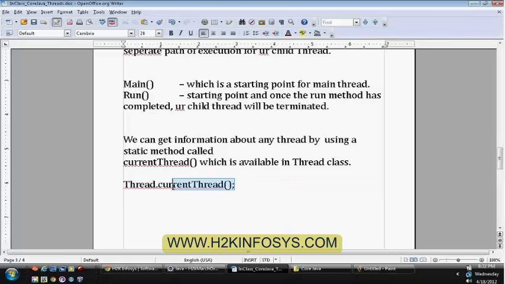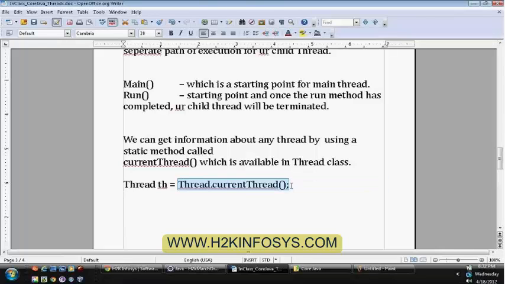And this method call will provide information about the current thread on which it was called. So currently this was called by the main thread, and it will provide information about that particular thread only, and the return value is a Thread object.